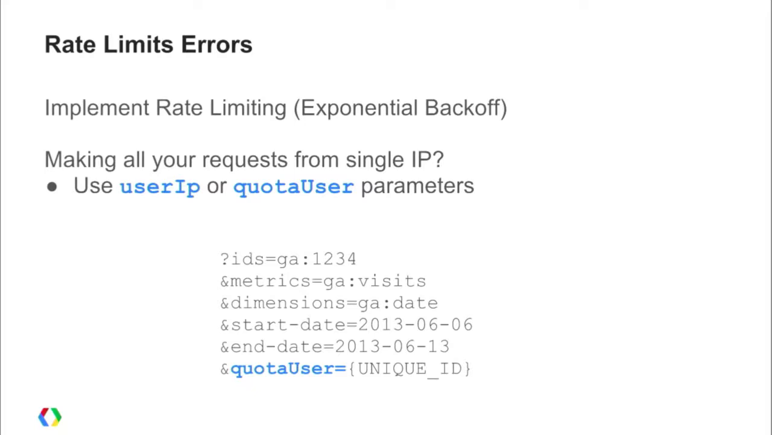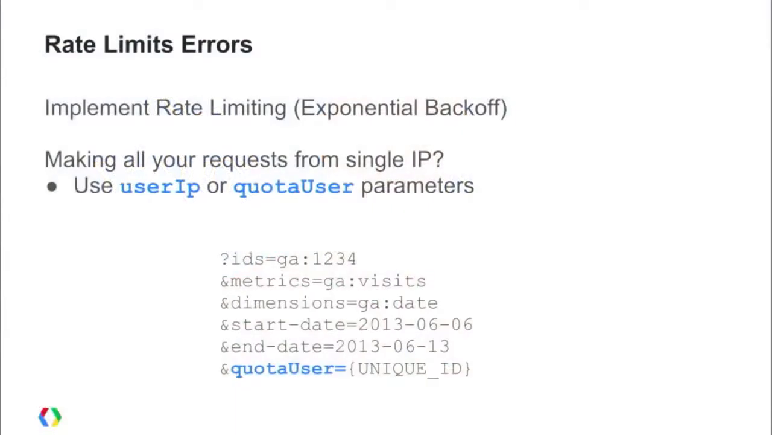So if you think about it, if you're a developer that's doing this for a lot of users, all your requests are coming from a single IP. Right. So from our end, it looks like there's one user from an IP perspective. But you're actually doing this for a lot of users. So what you want to use in those cases to make sure that all of your users are getting that 10 queries per second is to use either the userIp or quotaUser parameters with your requests. And what that ends up doing is